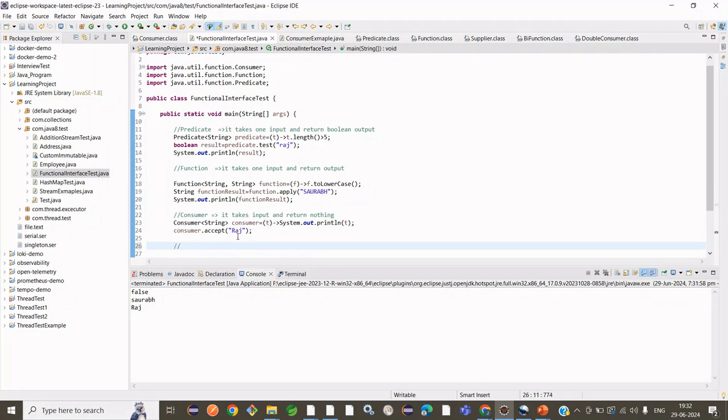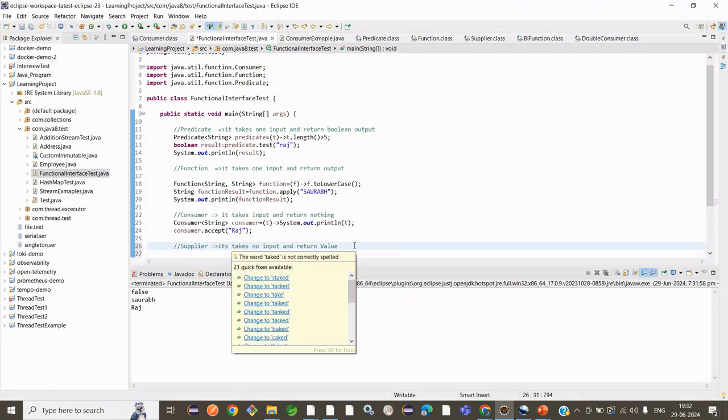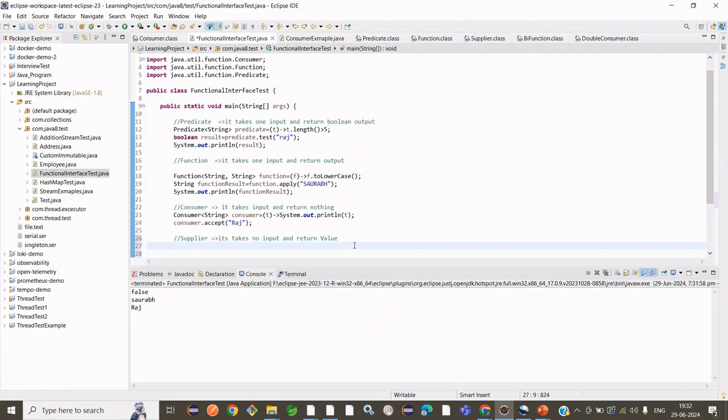And now we are going to see an example of Supplier. Just now we saw that Supplier takes no input and returns a value. So I'm going to take an example of it. It takes no input and returns a value. So Supplier,